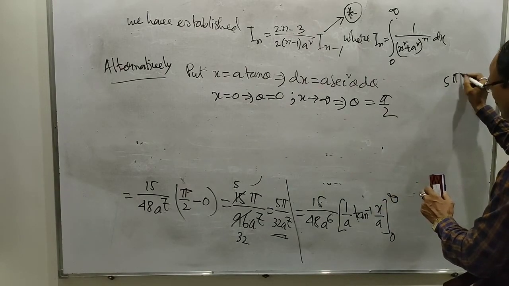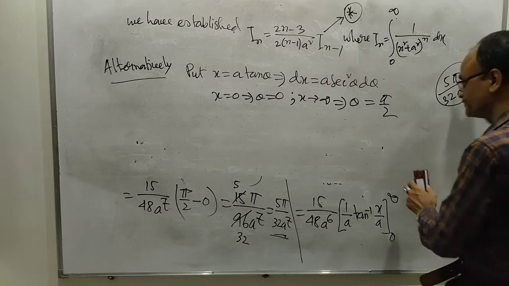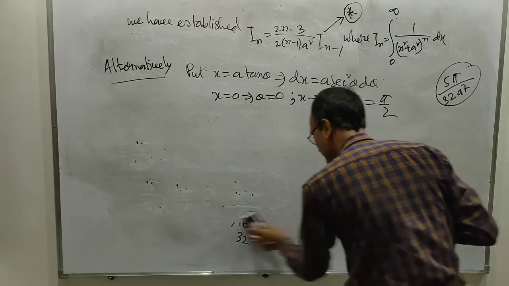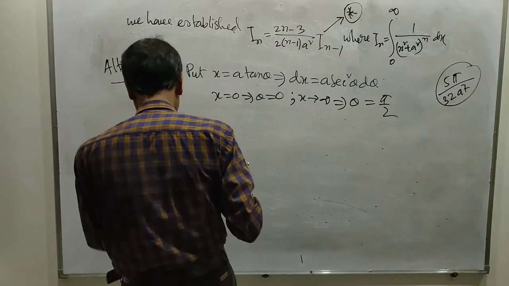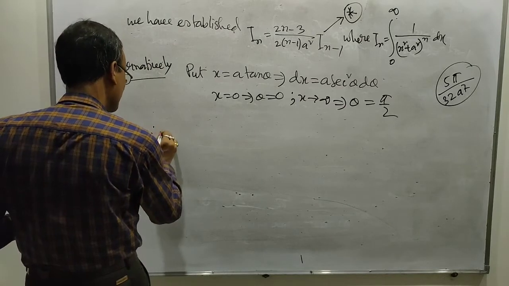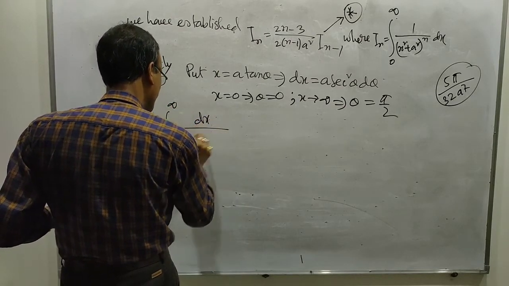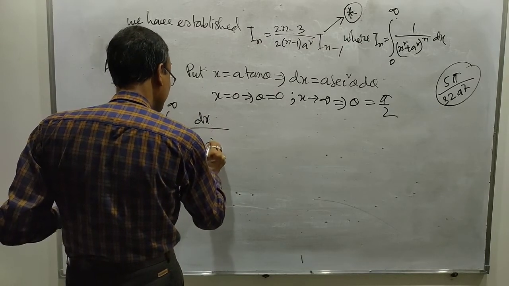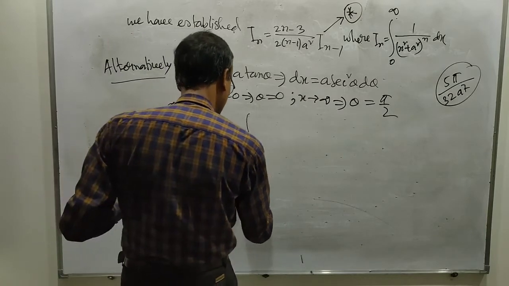We have got 5 pi by 32 a to the power 7. Therefore, integration 0 to infinity dx by x square plus a square whole to the power 4 equals integration